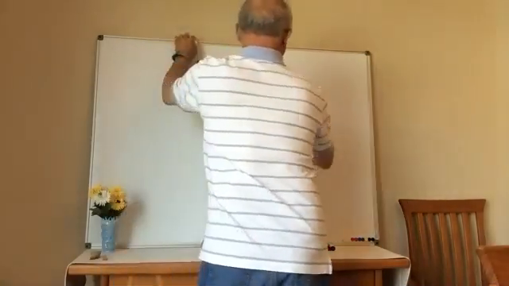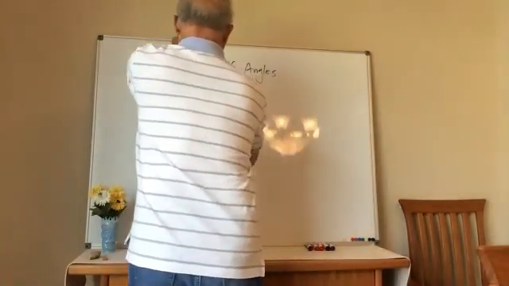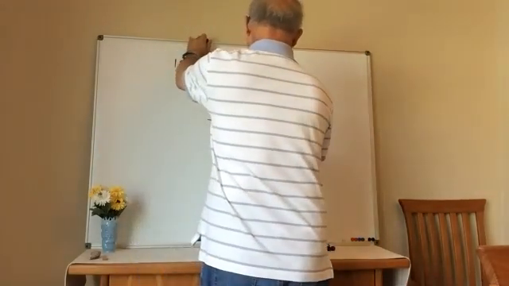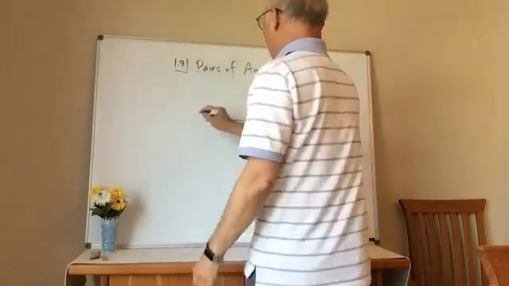linear pairs. A linear pair is a kind of adjacent angle, but if you have